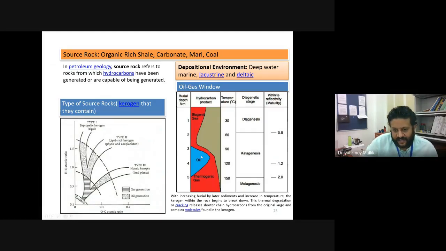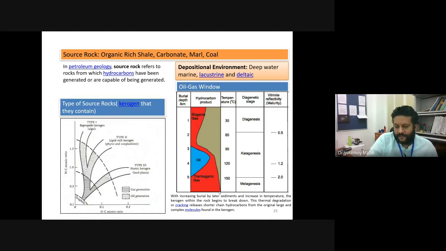And you can see along with oil, there is a little bit of gas. But after 150 degrees centigrade, we see more development of gas. So the development of oil kind of stops, but we still continue the development of gas maybe up to 180 degrees centigrade. But if it goes beyond 180 degrees centigrade, or sometimes 200 degrees centigrade, then your source rock is burned. So you cannot expect a source rock sitting at a depth of 10 kilometers to produce hydrocarbon. It has to be between 5 to 6 kilometers depth.